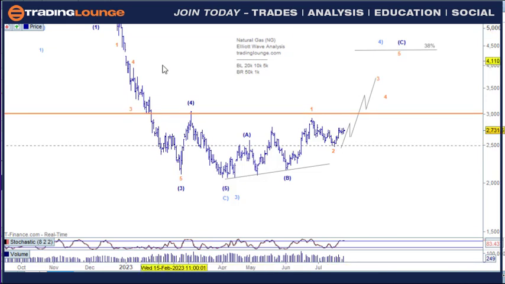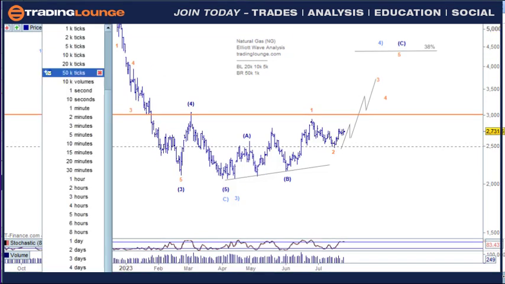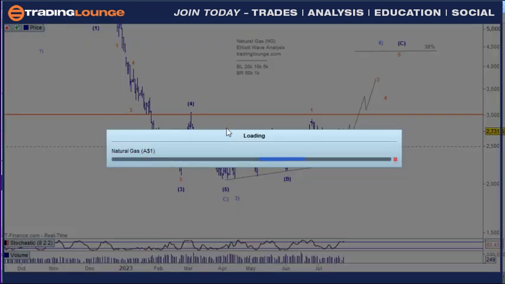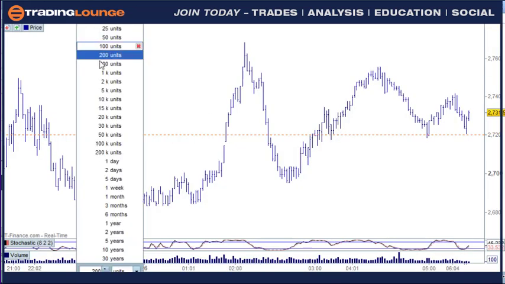There are pit stops all the way along. So I'm just going to go from 50,000 ticks to 100 ticks in here. There we go. So then we're just going to get a bit more